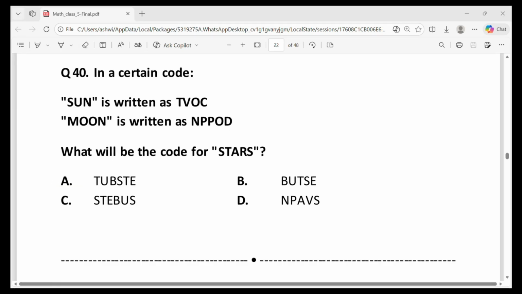Question 40. In a certain code, sun is written as TVOC, moon is written as NPPOD. What will be the code for star? The coding rule involves replacing each letter with the next letter in the alphabet and adding an extra letter at the end of the word. For sun, we have S and the next letter T, U, the next letter V, N, the next letter O. And the extra letter C at the end,